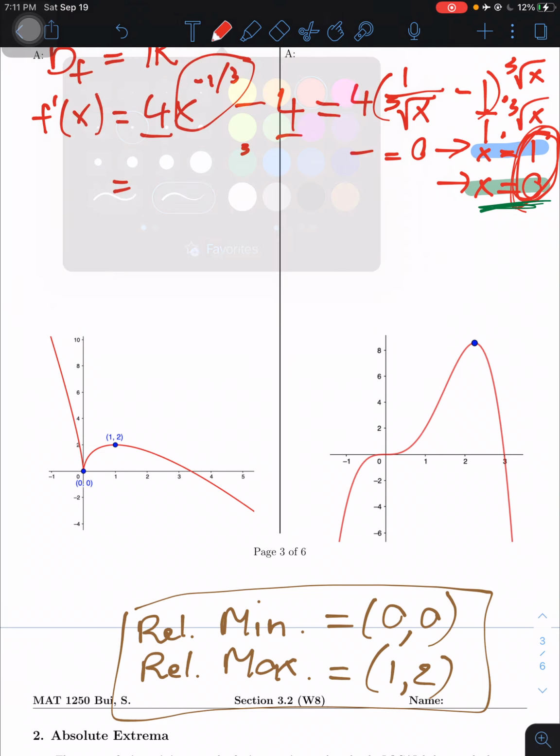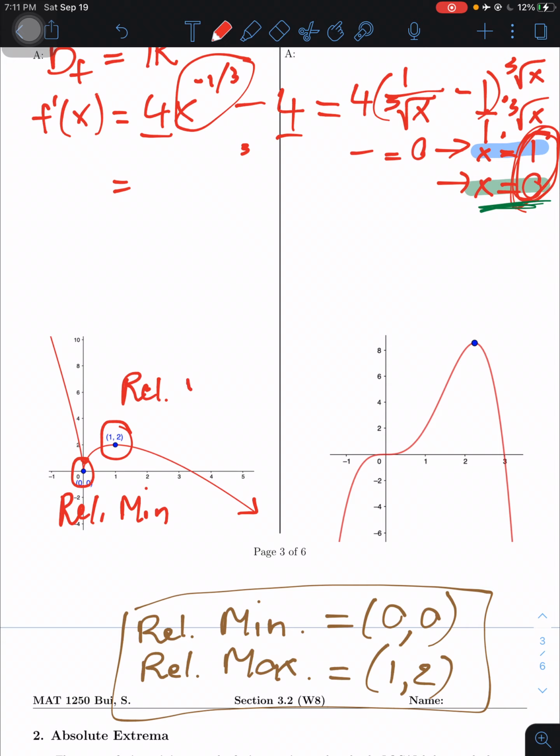You will see right away that this one is the lowest point, right? I mean, this one keeps going further, right? But at least for this interval, it has some stopping point. So this one is a relative min, and this one in here is the relative max within that interval, right? And again, max and min in here is really relative compared to the interval that you're talking about,